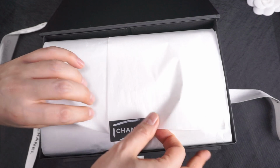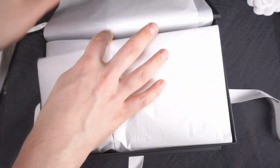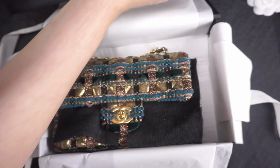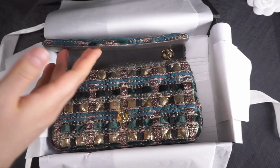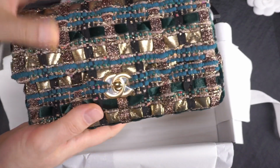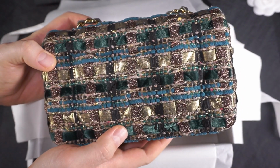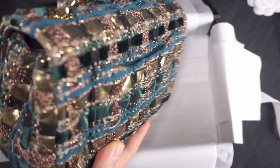Oh, okay. Let's see what the cat dragged in. Oh my God. I'm watering already. My mouth is watering. This is so delicious. This is it. The Metiers d'Art. So this is the final purchase of the Metiers d'Art collection for me. It wasn't the necklace, which I thought would be, because this one was not available anymore. The Lesage Tweed Mini. Are you kidding me? No, I can't. This is just too much for me to even... Oh my God, this is so beautiful. Every single detail is just...